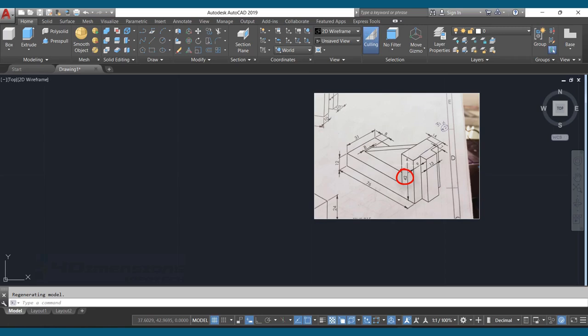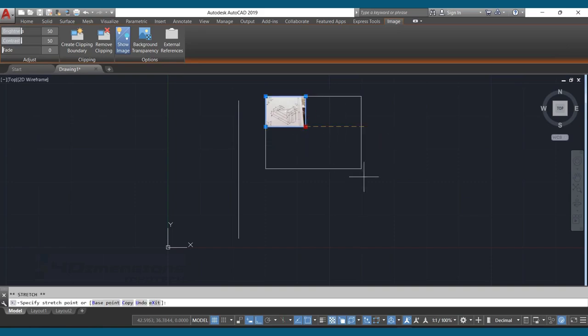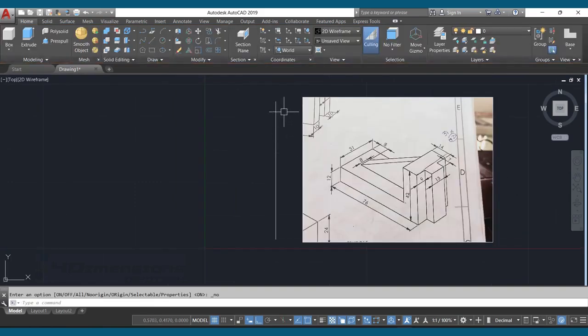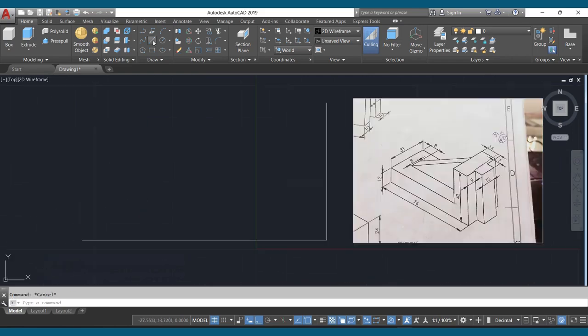Next we need to start with this front view side. So we have this height here, 42, and this length is 76. So we are going to start with this figure. I'm going to consider this side as a front view. So take the line command, put ortho mode on. Here the length is given as 42. The image is looking very small, so we'll scale the image first. We have taken this height of 42 with this line. Next one horizontal line, then 76. Say escape. Next line,